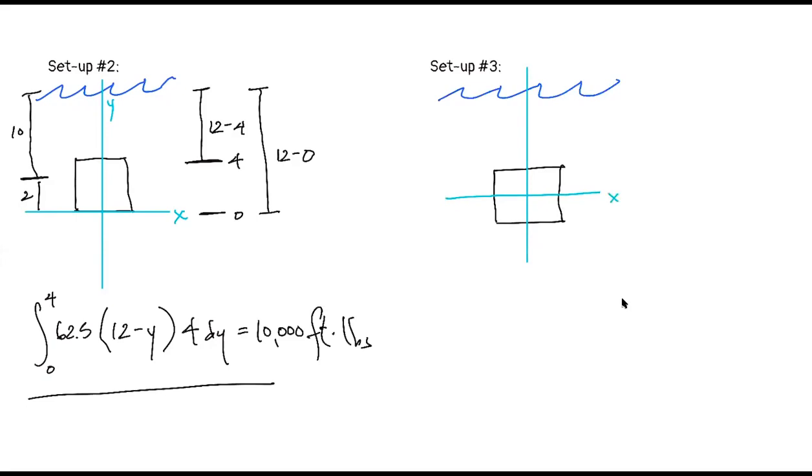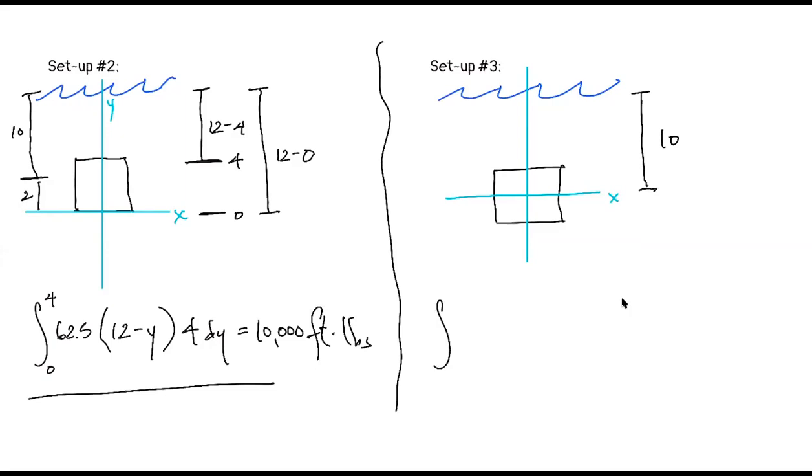And so what that means is that this distance right here is 10. Because they said earlier that the center of the square is 10 feet underneath the surface of the water. And so we're just having our axis reflect the question, which is put your axis where they say the center is, okay? But you don't have to choose the center. If you did though, let's see what changes.